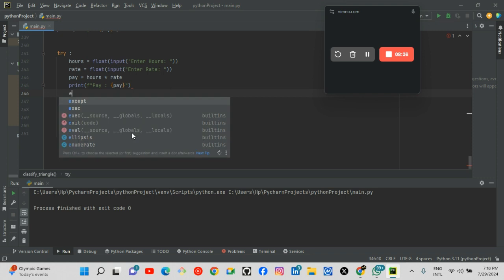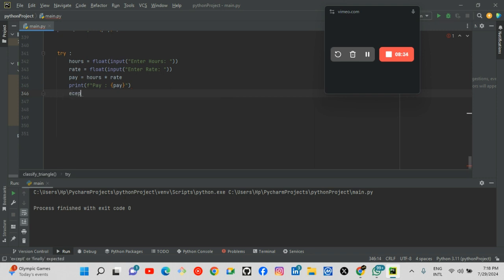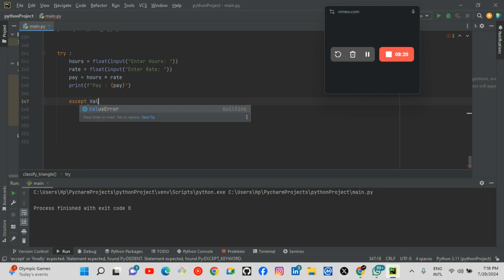Then I need to add except. Let me say except ValueError. So what do I want it to do? It should print out an error in case an error occurs.